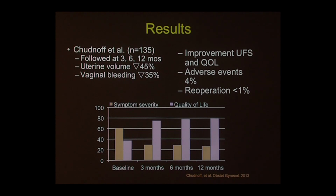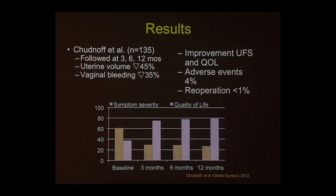There were very few adverse events. One adverse event was a readmission for infection, but otherwise they were very minor adverse events. And there was a rate of reoperation of less than 1%, so one person had a treatment failure and needed